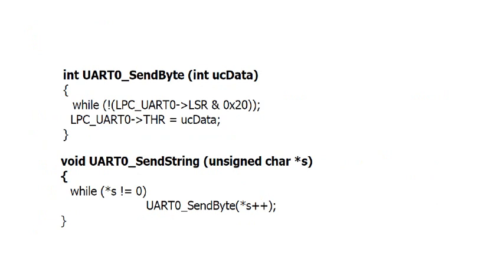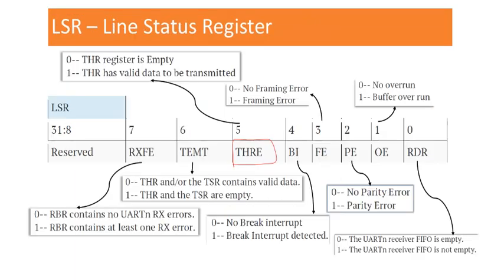Now when I am going to send the data, I am going to access the LSR register. In LSR, I am going to access the location 0x20. If you look at the LSR register, I am going to access the value 20, so here will be 0, 0, 0, 0, then the value 1, and the remaining bits are 0. What I am going to check here is only this bit, that means whether the register is empty or not.